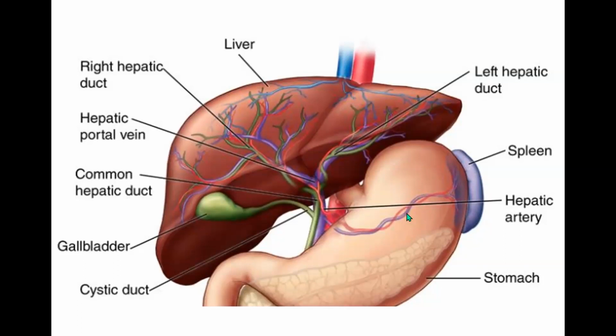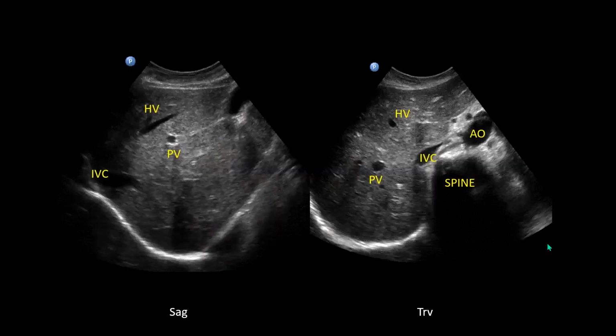And then, of course, we have the splenic vein coming across, entering the IVC, and you're going to have the splenic portal confluence, right, where they join with the superior mesenteric vein. And so the normal appearance of the liver, you can see it's really very homogeneous. It's interrupted by the vascular structures. You can't really normally see, until they start to get bigger, the